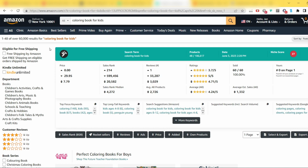If you don't know what Amazon KDP is, it works the same as, for example, Merch by Amazon. You are selling some products and Amazon takes care of printing and shipping them to the customer. The difference is that if you want to use Merch by Amazon, you need to actually apply. They have to review your application and decide whether you're going to be accepted or rejected. And trust me, most people are rejected right away after 2 or 3 days. I know some people who have tried to apply for Merch by Amazon 10 or 20 times,